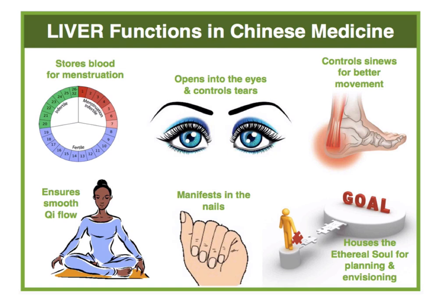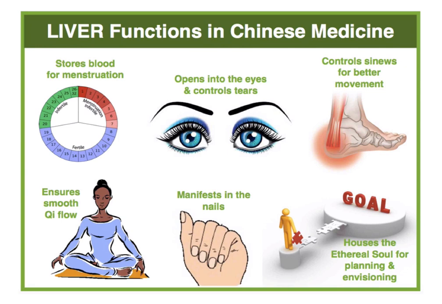And then it opens into the eyes and controls the tears. So of course, if there are any eye issues in TCM, we start looking at the TCM liver first, and then we can look at other organs as well, depending on what's happening, right? In my observation video, I talk about the eyes themselves and how each part of the eye relates to different organs. For example, the upper lids are related to the spleen. So if they're puffy, that's a spleen dampness or a spleen issue, right? But in general, the liver relates to the eyes, okay?